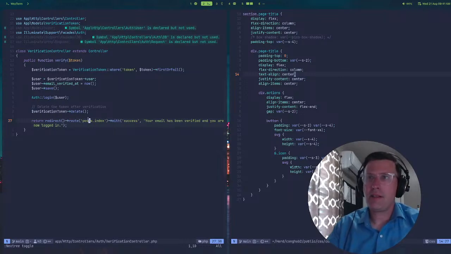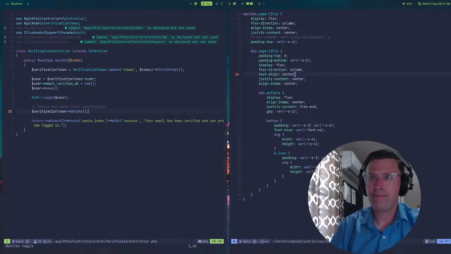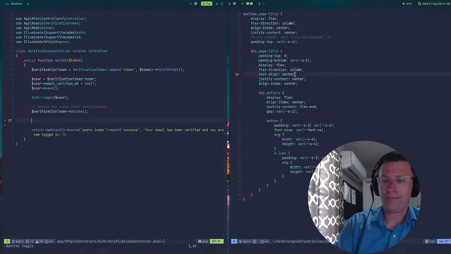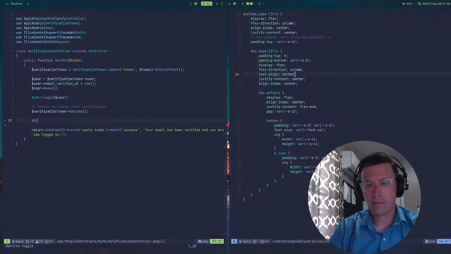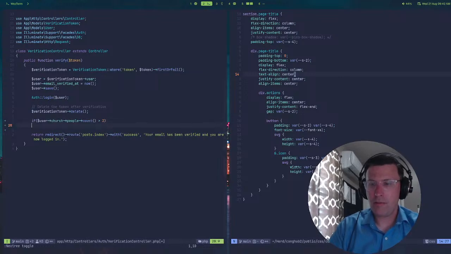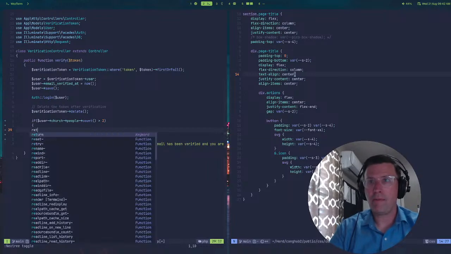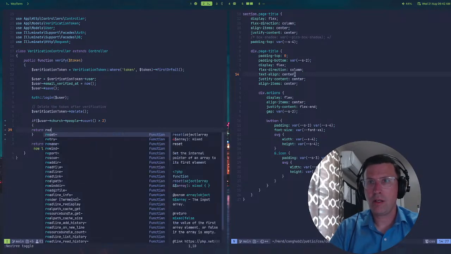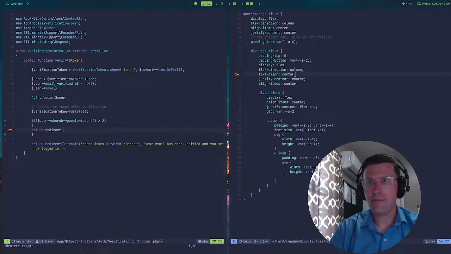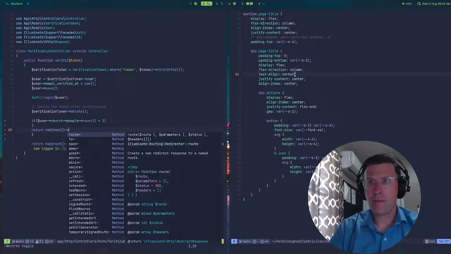All right, so let's do this. Let's say this: if the user's church people count is less than 2, then we're going to redirect to a different route. Return redirect route,